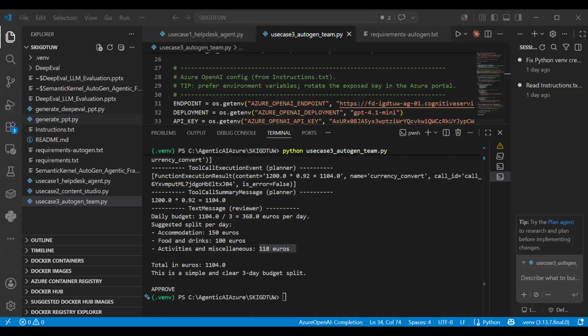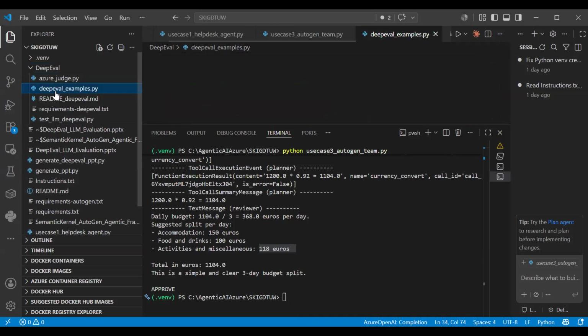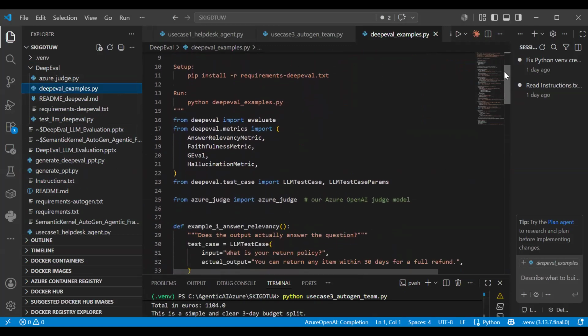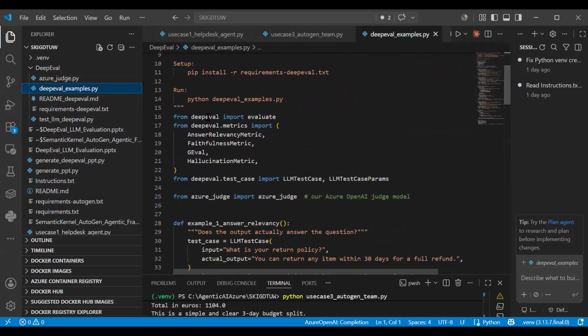So if you see, there is something called deepeval. If you go to deepeval, the deepeval examples.py, just see this code. Basically, we have this DeepEval module.